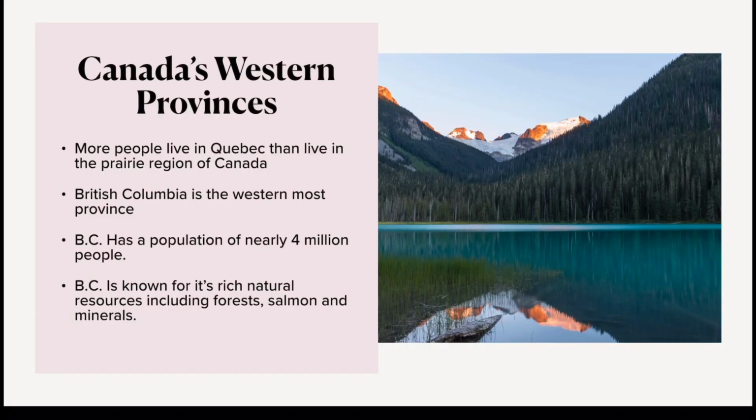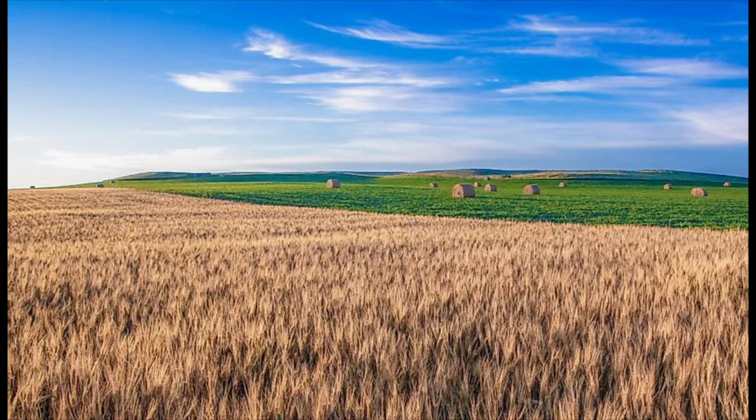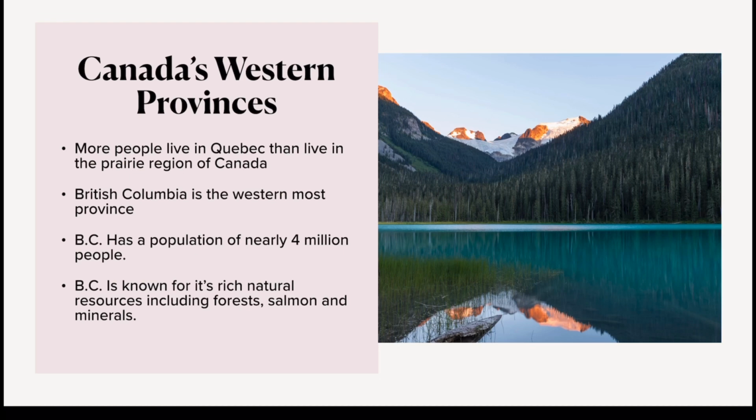West of Ontario are what we sometimes refer to as the Prairie Provinces of Manitoba, Saskatchewan, and Alberta. On the Pacific coast is the province of British Columbia. Together, we call them Canada's Western Provinces. More people live in Quebec than all of the Prairie provinces combined. The southern grassland of these provinces are part of the rich wheat belt. Farms in this region produce more wheat than all of Canada needs, therefore, the surplus can be exported to other countries. Oil and natural gas is also very important to the economy of Alberta.